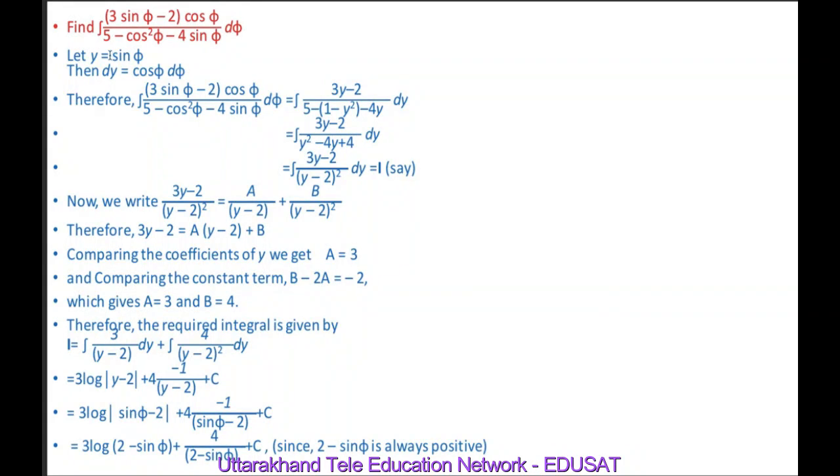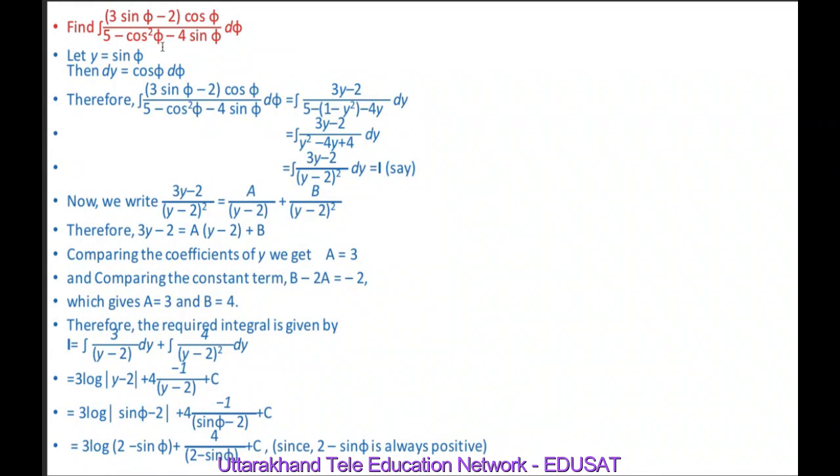Suppose we substitute y equal to sin phi here, because outside we have cos phi. So dy is equal to cos phi d phi, because here it was cos phi, that's why I have taken sin phi to be y. So this integration is equal to 3y minus 2, since sin phi is y, and cos phi d phi is dy. Here it is 5 minus